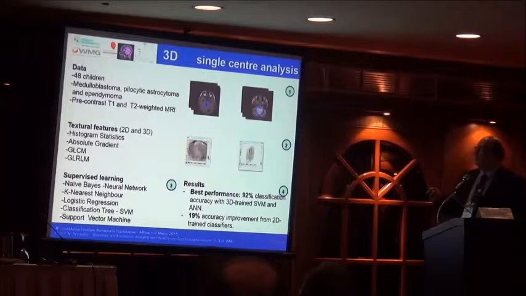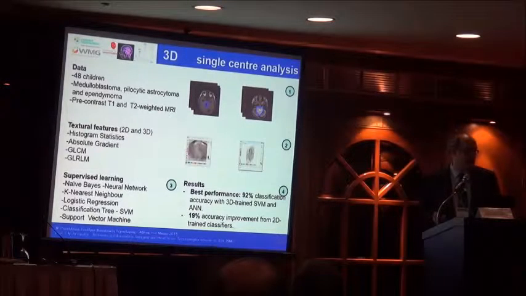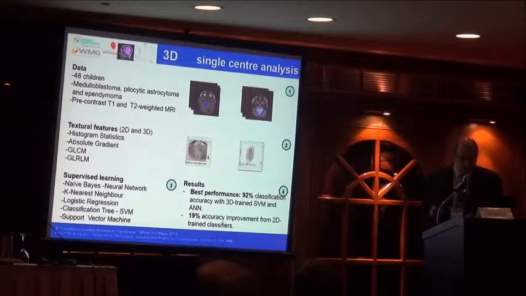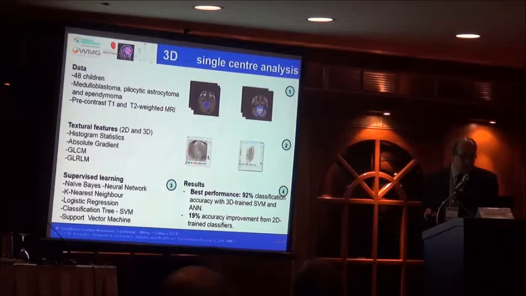So recently we moved to 3D, increased our children cohort, because this is the last couple of years. Although we started with 12 last year, it was 2 years before that. And again, we looked at structural imaging. We looked at more features and a series of supervised learning classifiers, and we achieved an improved performance with 3D trained SVM as part of the classification. 90% accuracy improvement from 2-dimensional data sets. And again, this was verified by the biopsy-based pathology, which is our gold standard.